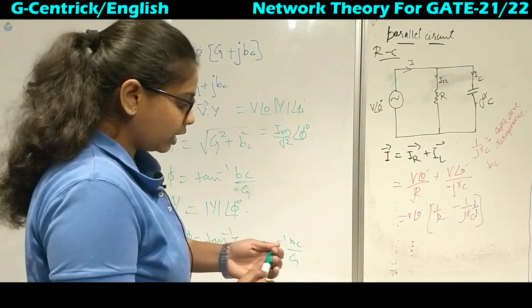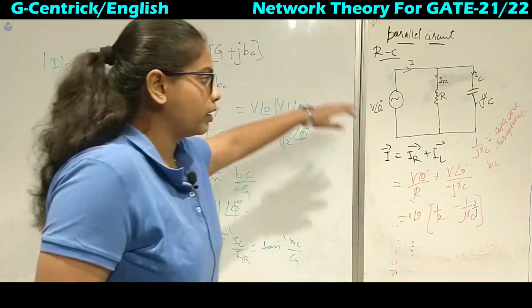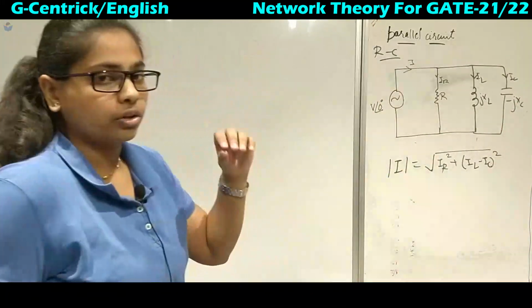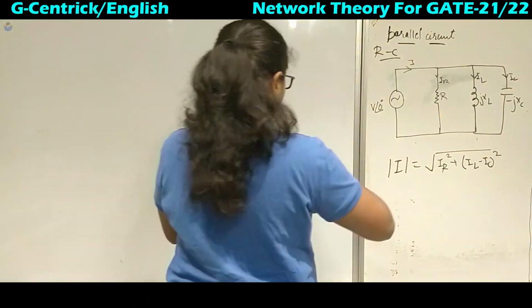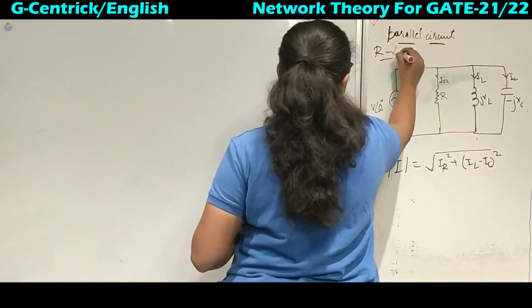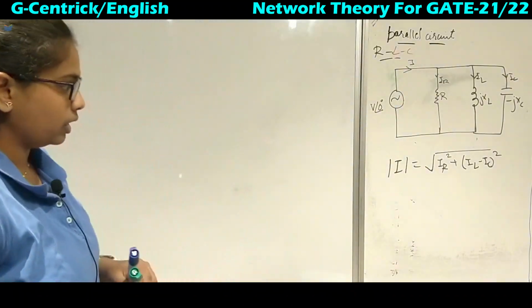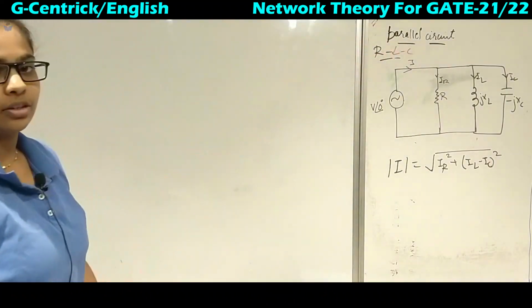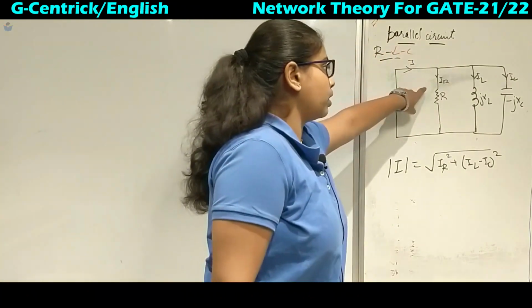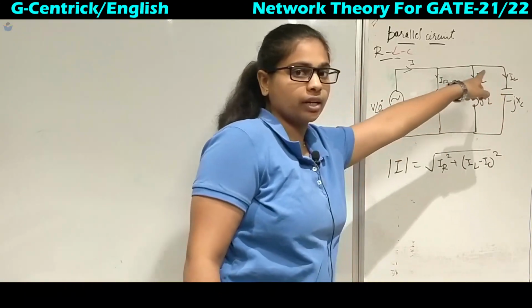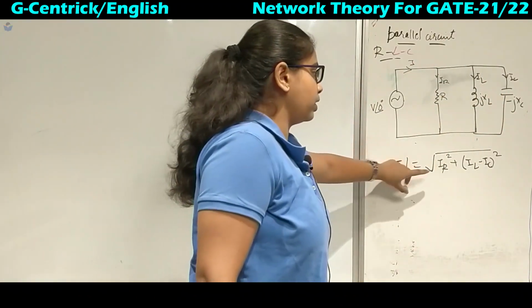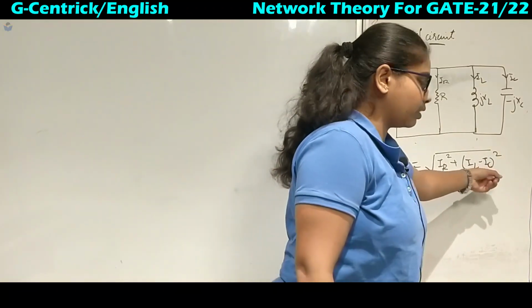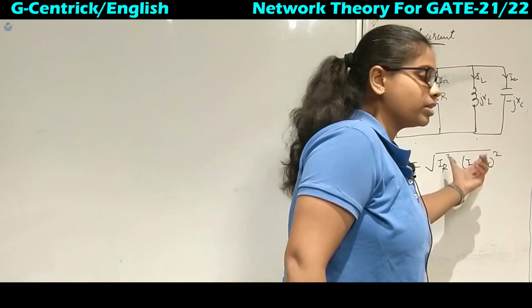Now we will move on to the RLC circuit, but we will not derive all of this. We will directly take the phasor diagram. Okay, so this is the RLC network which is connected in parallel. This equation we know how we will get it. Take the vector addition of each of the currents. I will be equal to IR vector plus IL vector plus IC vector. So when you take out the magnitude, you will get the square root of IR square plus (IL minus IC) square. This minus sign, whether it goes with inductor or capacitor, depends on which value is greater.